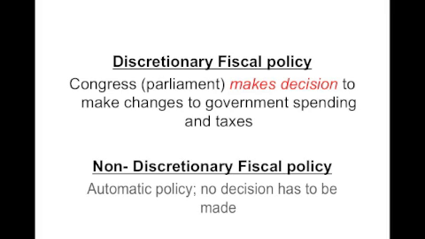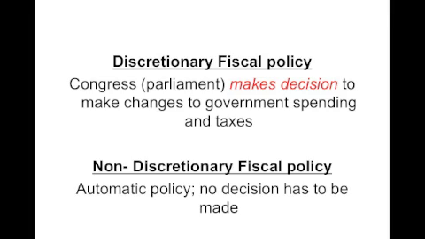What happens is that there are automatic changes to government spending and taxing, but no vote has to be made. So in other words, no decision on the part of Congress or Parliament on any sort of yearly basis has to be made. So changes, presumably to fix the economy, are going to happen automatically. Changes to taxes and spending will happen automatically. One of the automatic changes in taxes can occur if your country has in place a progressive tax rate system.